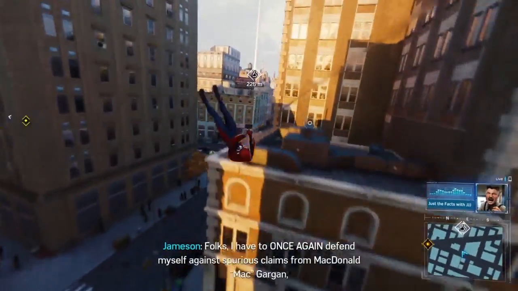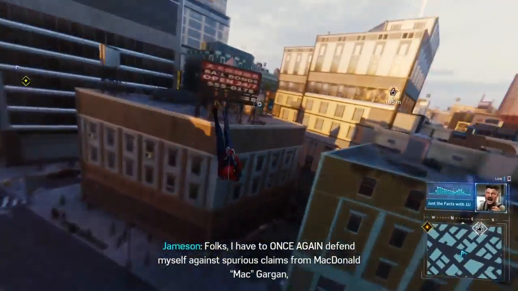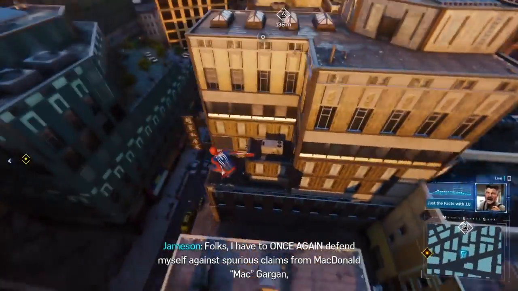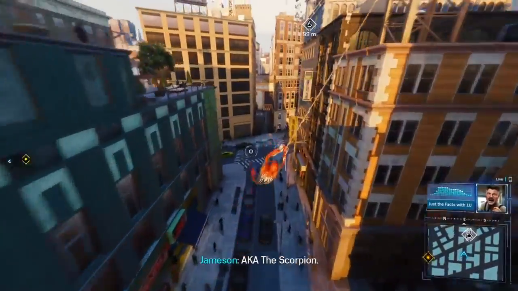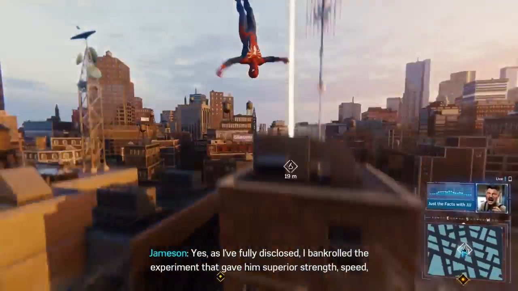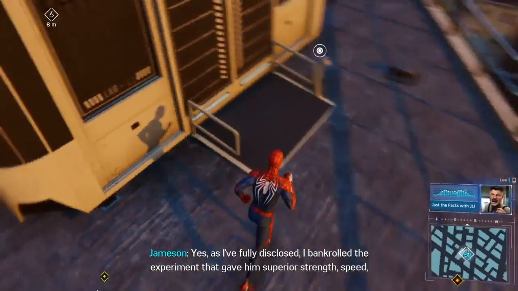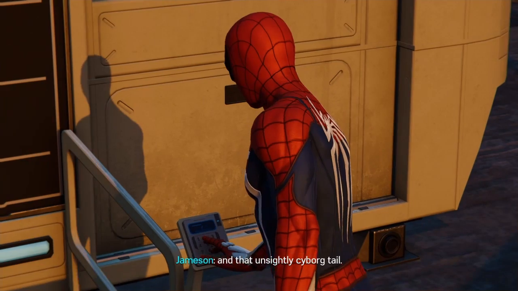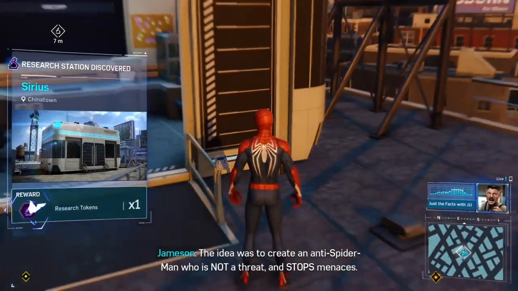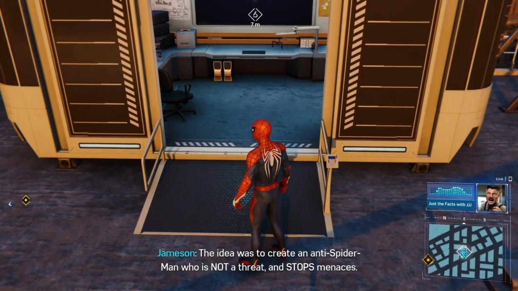Folks, I have to once again defend myself against the spurious claims from McDonald Mac Gargan, aka the Scorpion. Yes, as I fully disclosed, I bankrolled the experiment that gave him superior strength, speed, and that unsightly cyborg tail. The idea was to create an anti-Spider-Man who is not a threat, and...